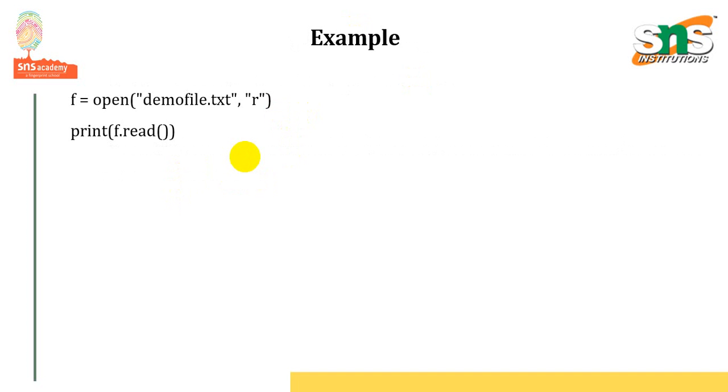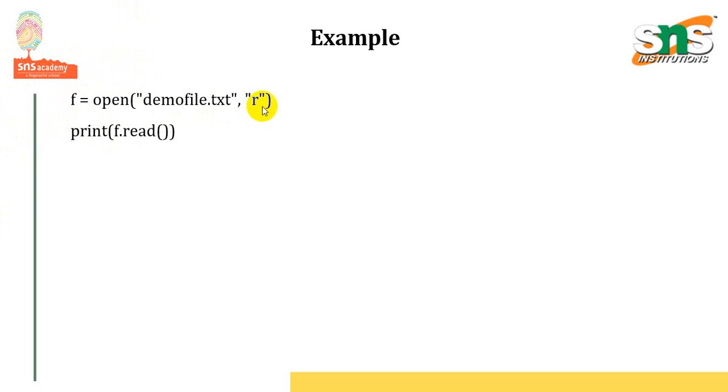right. Here we are going to see an example regarding file handling with the read operation. As we already know, there is a demo file.txt, a file created. Inside that there are contents already shown for you, right? Here, if you want to read the entire content of the file, we are supposed to use this syntax: f equal to open of demo file.txt and just giving r alone.